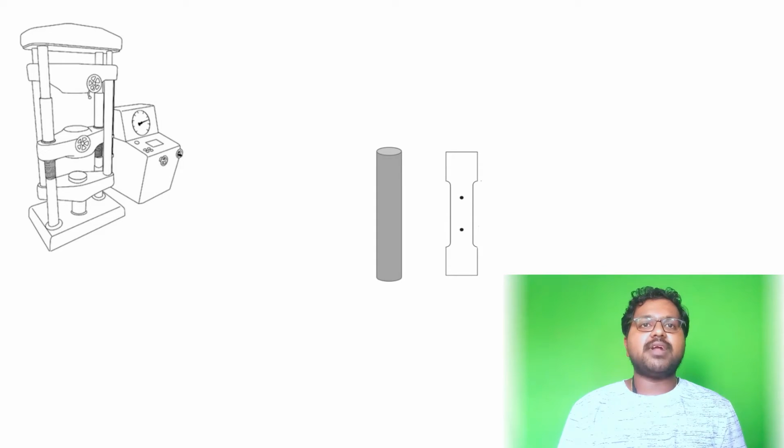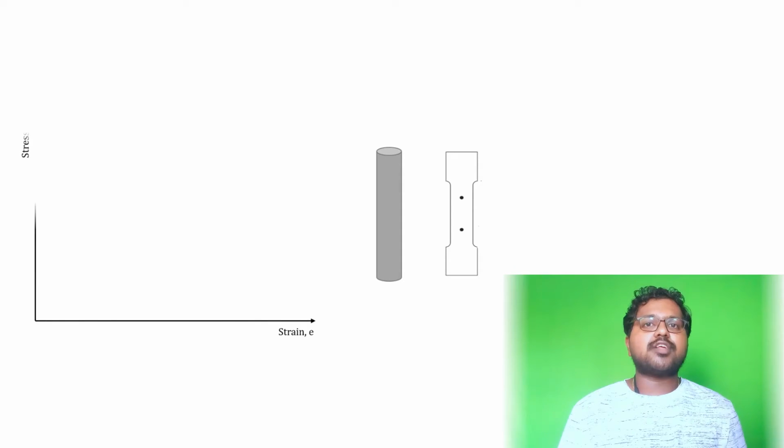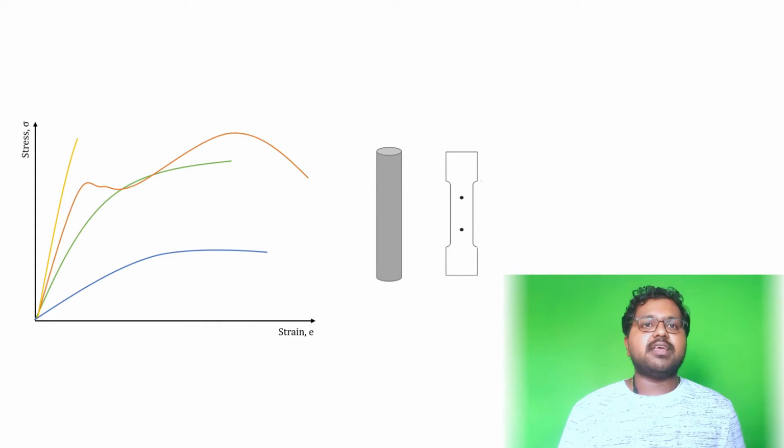When a specimen of a ductile material like steel is subjected to a gradual pull in a tensile testing machine, it is found that the resulting strain is proportional to the corresponding stress up to a certain point only. Beyond that, the relation is nonlinear. The relation between the stress and the corresponding strain is usually represented graphically by means of a stress-strain diagram or tensile test diagram for different materials.